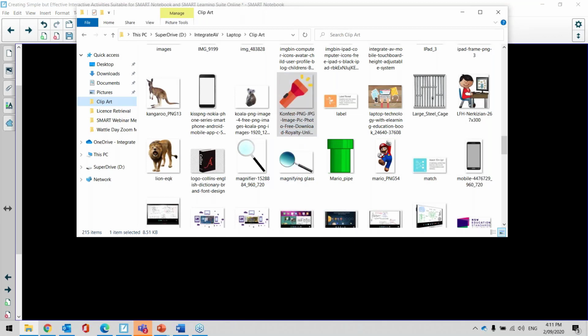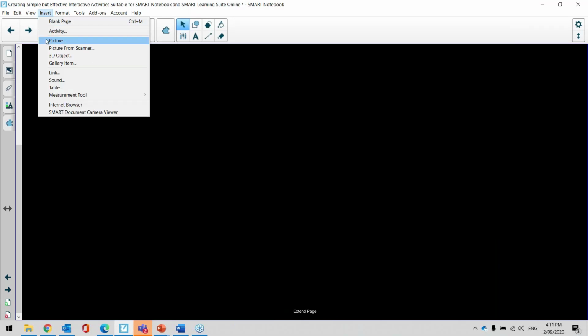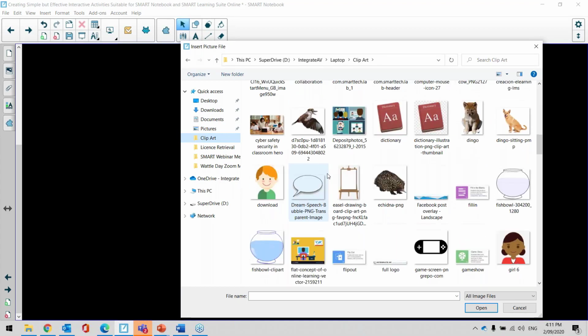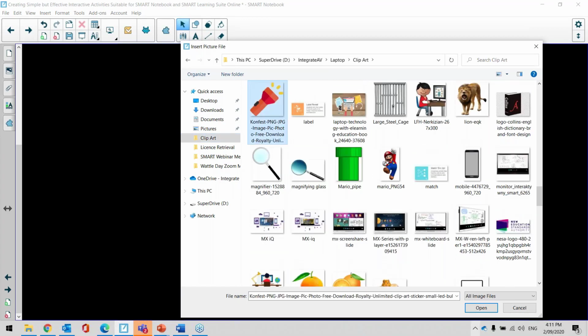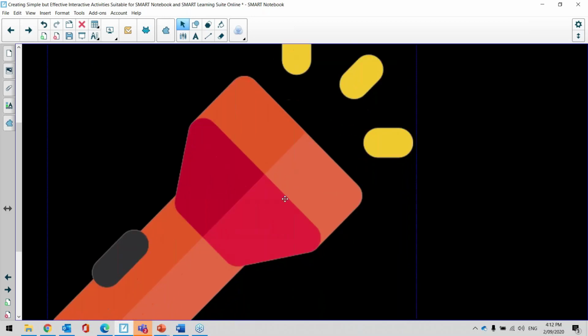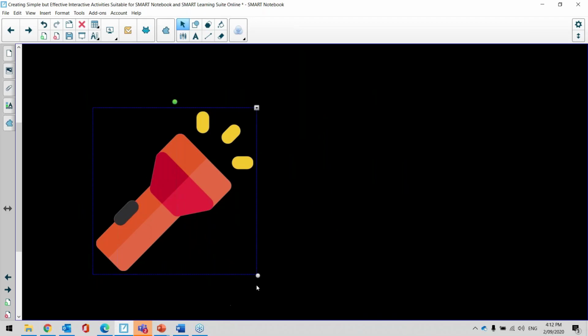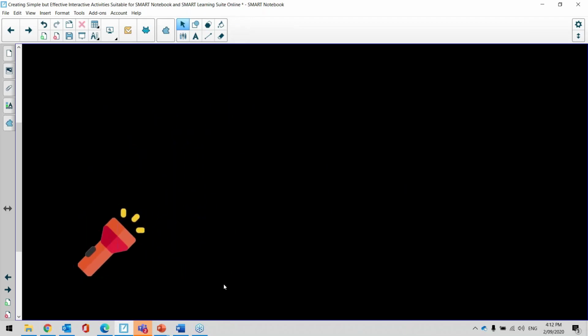Ah, there we go. Okay, I will insert it properly. There we are. Okay, so I'm just going to shrink it down. There we are. Now you'll notice that it doesn't have the big beam of light